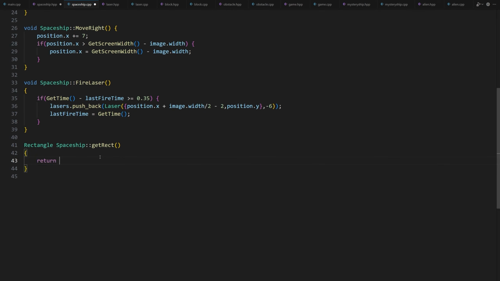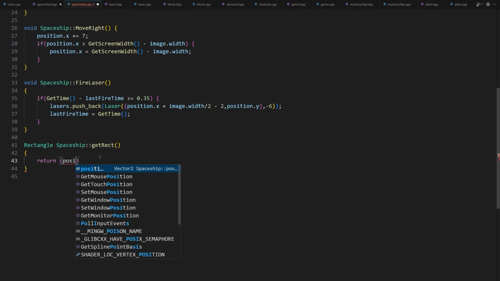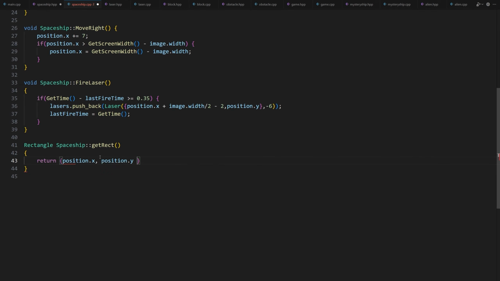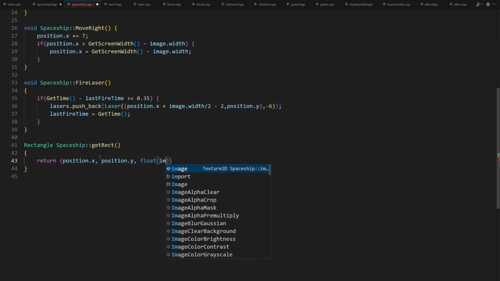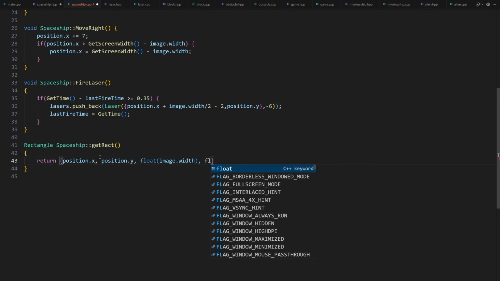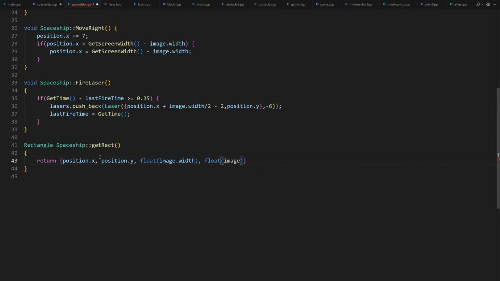Return curly brackets position.x, position.y, and the size of it will be the size of the image texture. float(image.width), float(image.height). We cast these values as floats because the rectangle expects floats and not ints.